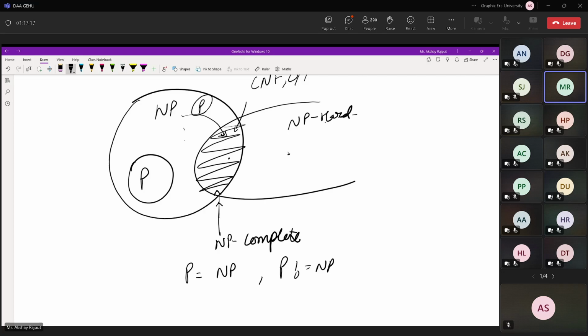ये सारी प्रॉब्लम्स उस प्रॉब्लम पे पॉलिनोमियल टाइम में मैं रिड्यूस करके उसका सॉल्यूशन लगा दूंगा, क्योंकि एनपी हार्ड प्रॉब्लम वही है जिस पर एनपी की सारी प्रॉब्लम पॉलिनोमियल टाइम में मैप हो जाएँगी। मैंने पॉलिनोमियल टाइम में सारी प्रॉब्लम्स को उस पे मैप किया, फिर उसका सॉल्यूशन निकाल दिया पॉलिनोमियल टाइम में। तो अगर एक भी एनपी हार्ड या एनपी कंप्लीट प्रॉब्लम का सॉल्यूशन पॉलिनोमियल टाइम में निकल जाता है, तो पी इक्वल्स टू एनपी प्रूव हो जाएगा।